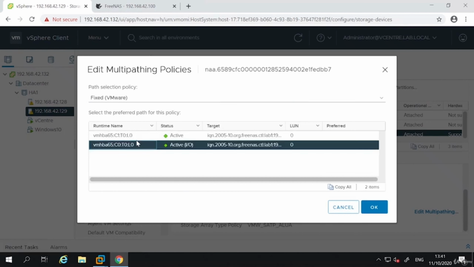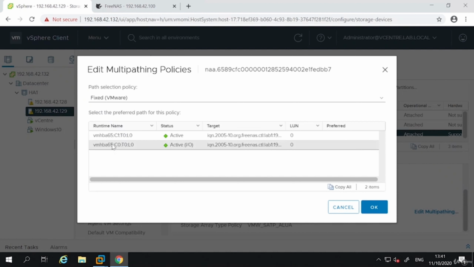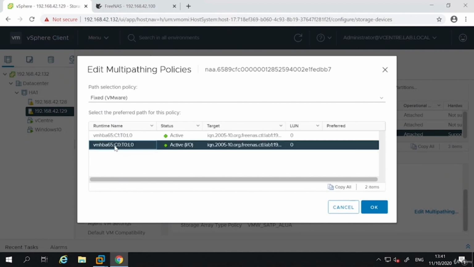If we take a look at the runtime name here of this path, this is one of the many storage naming conventions you will see around vSphere. So what we have is VM HBA 65, which of my local HBAs am I using to connect to this storage array. C0, controller, which controller within that HBA, which port, if you will, am I using within that HBA to connect